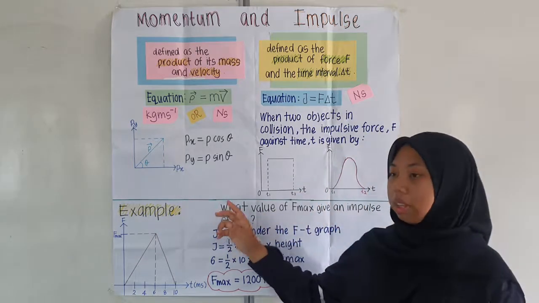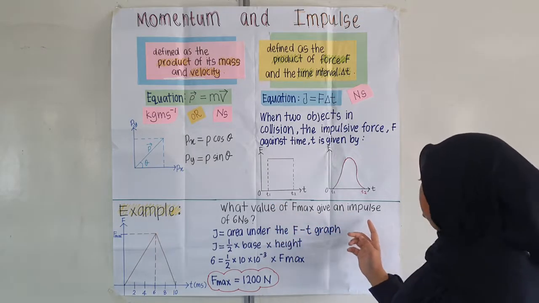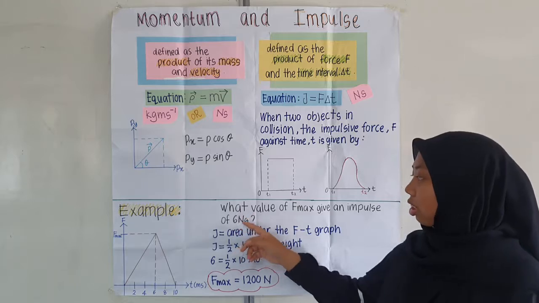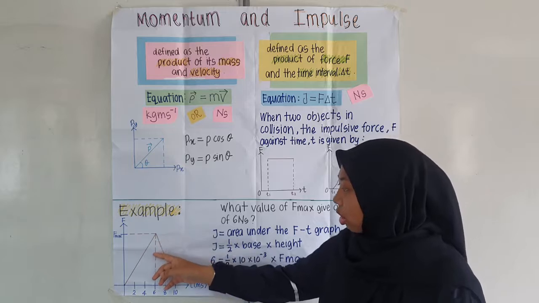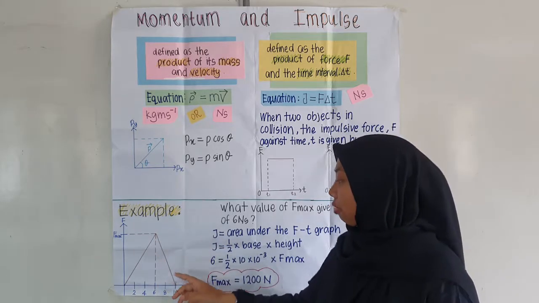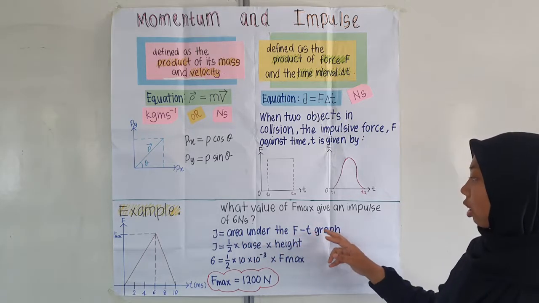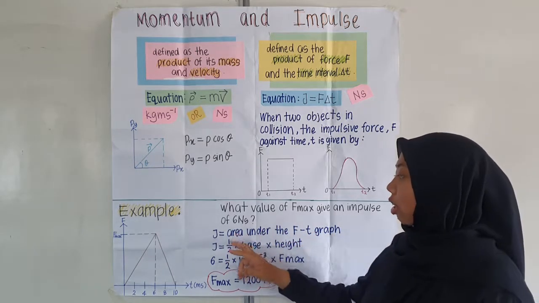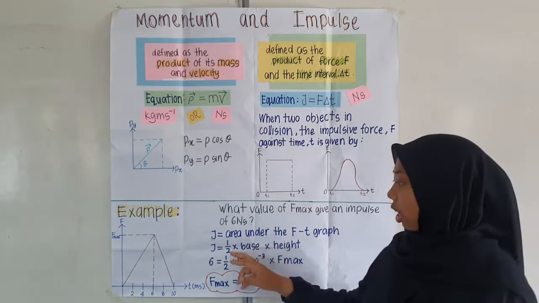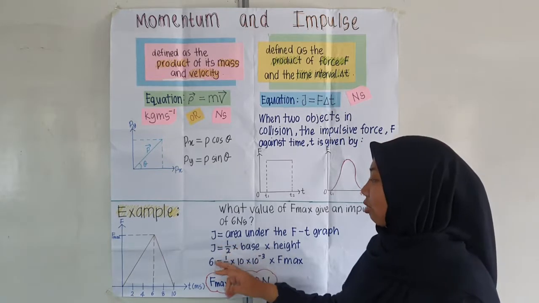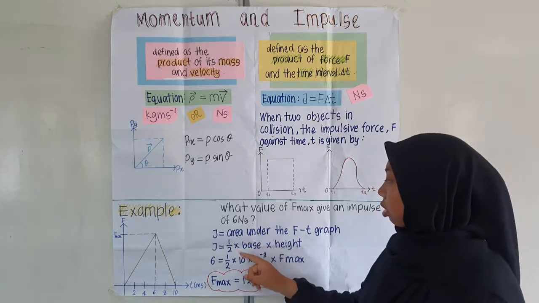The example for momentum and impulse is: what value of F max gives an impulse of 6 Newton second? So we need to find the area under the graph, or F-t graph. J is equal to the area under the F-t graph. J is equal to 1/2 times base times height. So J is equal to 6 and 1/2